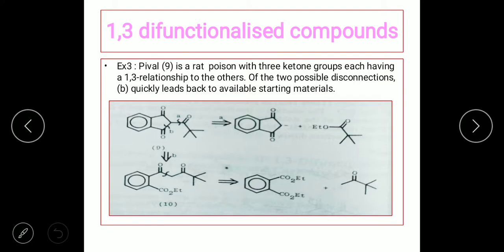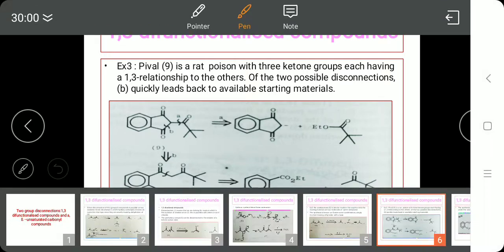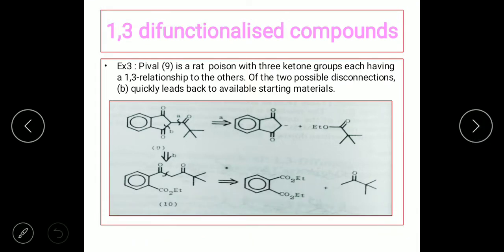So here what happens is you are first going to disconnect the bond between the ketone, and that is the B. You're going to disconnect in the method B. Once you disconnect, there's going to be the ring opening. So once there is ring opening, the positive charge on the ketone is going to be removed by the formation of an ester, which is going to be formed here.